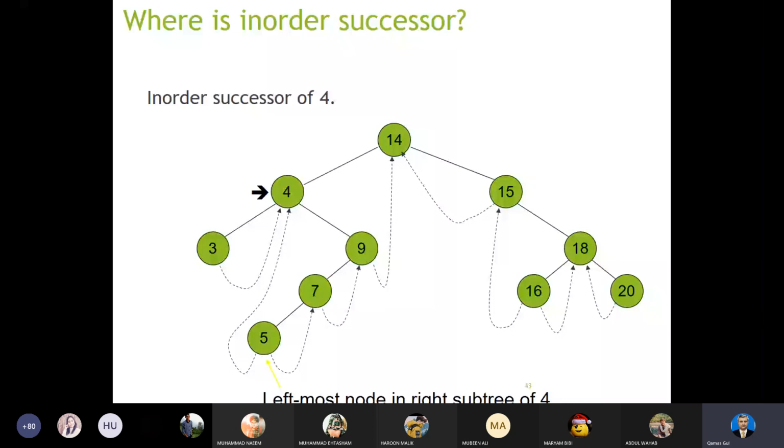आप नल पॉइंटर्स को इन ऑर्डर सक्सेसर या प्रीडिसेसर की तरफ पॉइंट करेंगे। अब यहाँ पे प्रीडिसेसर की तरफ पॉइंट हो रहा है, देखें 15 का प्रीडिसेसर क्या है 14, 16 का प्रीडिसेसर क्या है 15, ठीक है। 18 का 20 का प्रीडिसेसर क्या है 18, ठीक है। इस तरह से पॉइंट हो रहा है, और 18 का प्रीडिसेसर क्या है 16, ठीक है। So you have this type of paths, you have developed these paths,